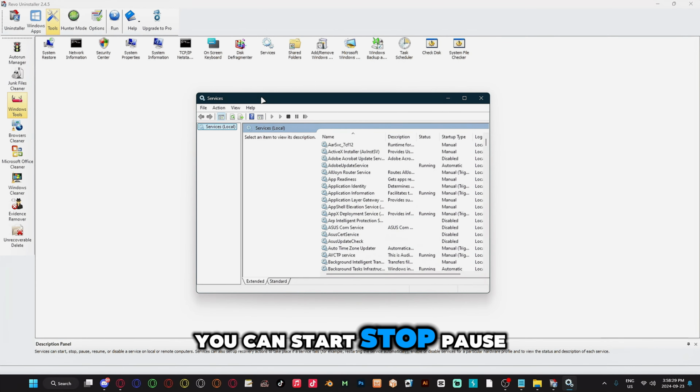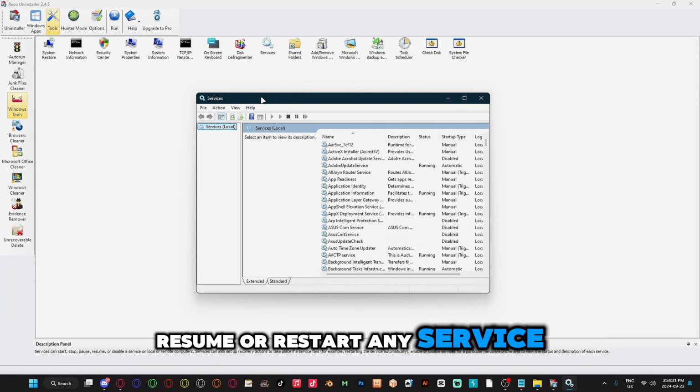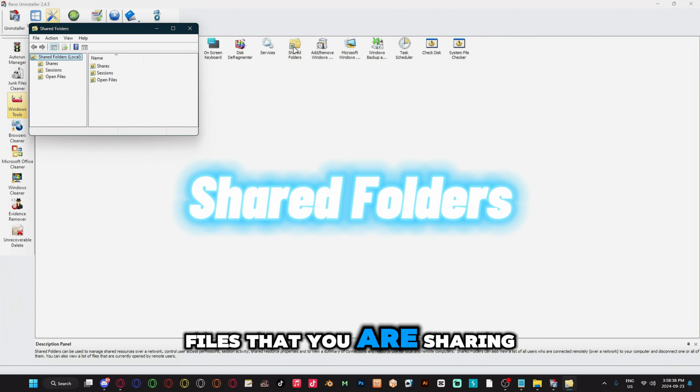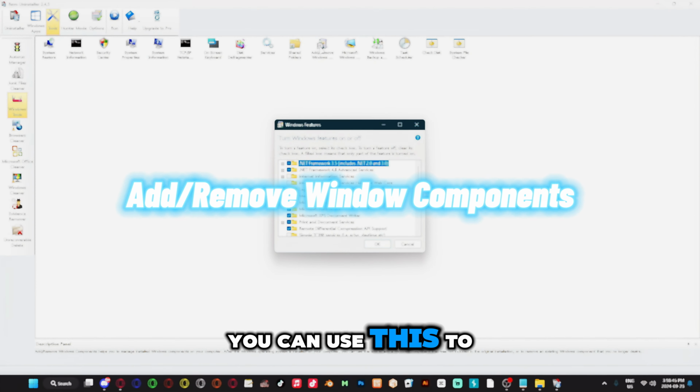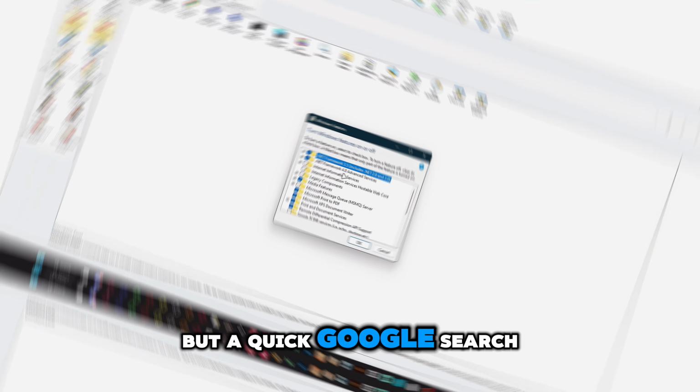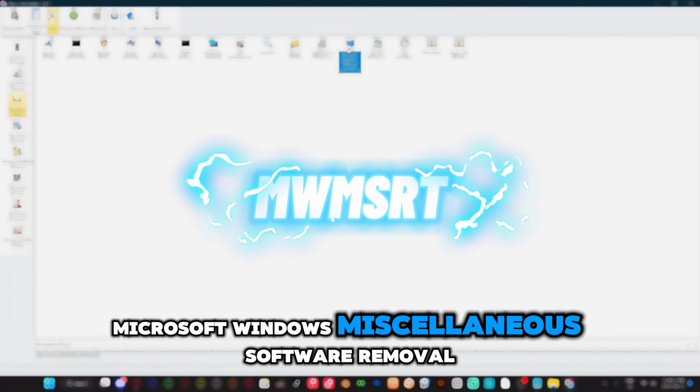You can start, stop, pause, resume, or restart any service if it is not working correctly. The shared folder options allows you to view any files that you are sharing with any other accounts or person. Add/remove Windows components. You can use this to manage any components installed on your device. There is a network component you can turn on here that will improve your Wi-Fi speeds, but I forgot which one it was, but a quick Google search would give you